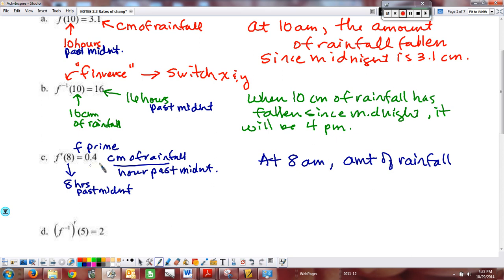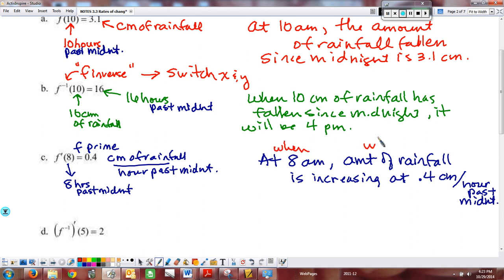We have a slope that is positive, so the amount of rainfall is increasing at 0.4 centimeters per hour past midnight. Okay, so we have our when, our what, our which way, how much,